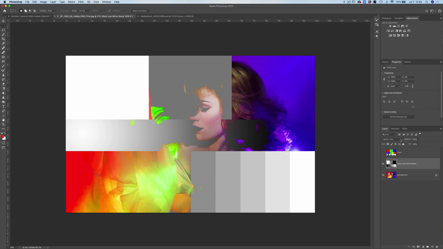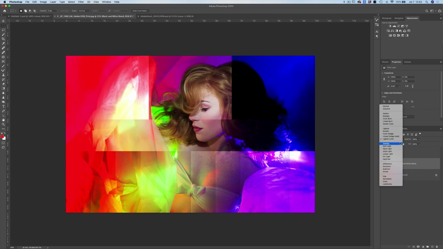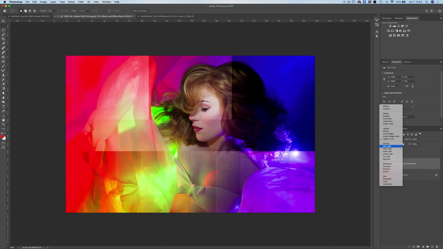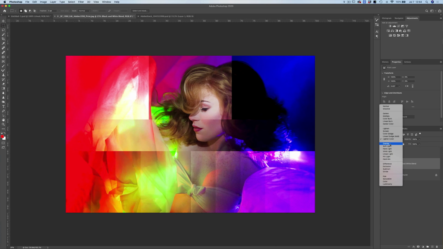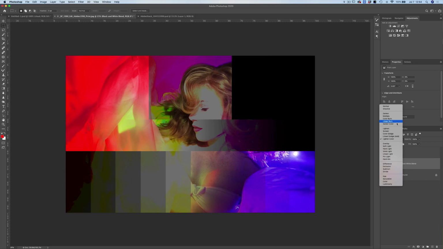The next set of blend modes that we have are the contrast blend modes. Basically they're kind of like a combination of the lightening blend modes and the darkening blend modes, and whether your pixels are brighter than 50% gray or darker than 50% gray, it's going to apply the different blend modes to those pixels depending on the brightness of the underlying pixel. Okay, so I hope that makes sense. It's kind of a blend of your lightening blend modes and your darkening blend modes.